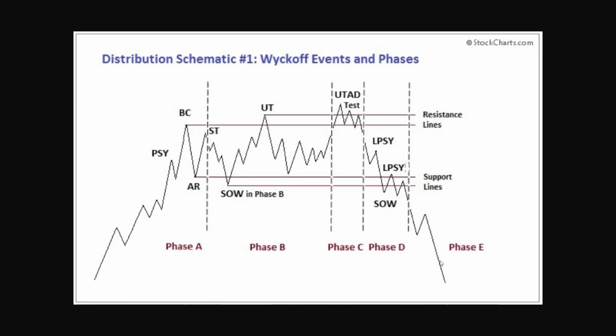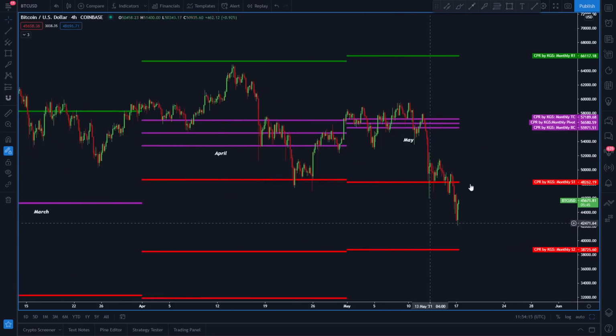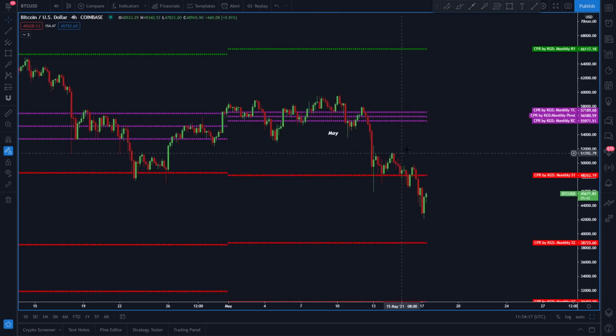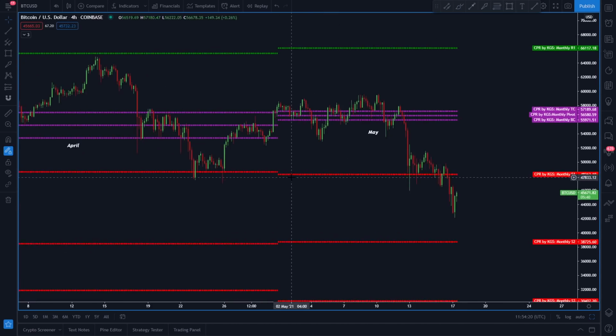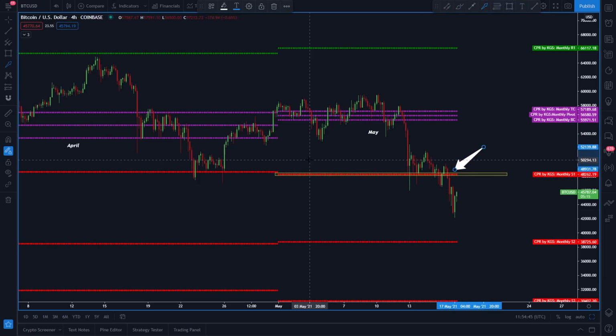And let me show you the next bearish scenario for Bitcoin. So now if you look at this in a 4-hour time frame, you can see we did talk about this price structure in my yesterday's video. I said that in a weekly time frame we had a very strong support around this 48,000 price level. In a daily time frame we also had a strong support from the falling wedge, which was also around 48,000, and in a smaller time frame this monthly S1 line, also around the 48,000 price level, was a very strong support. And I said this support line could actually hold the price, but look at this, the price was unable to find support in a weekly time frame, daily time frame, and also in a smaller time frame,